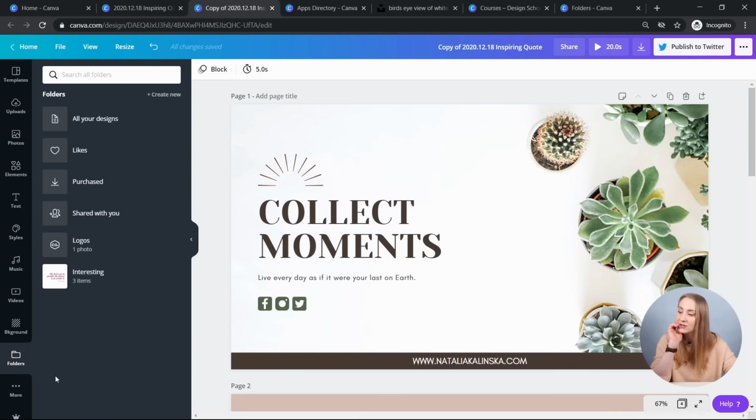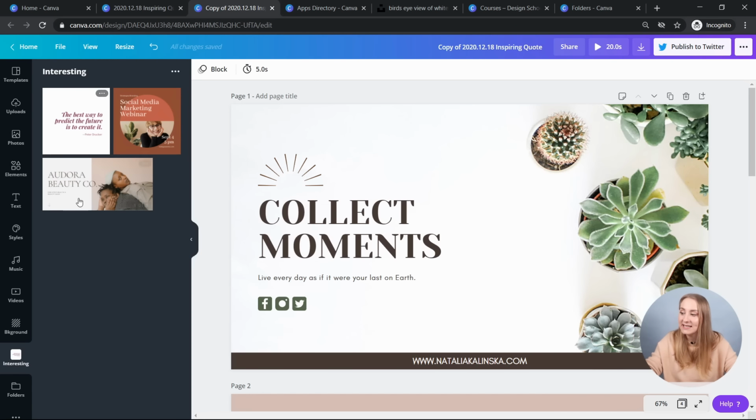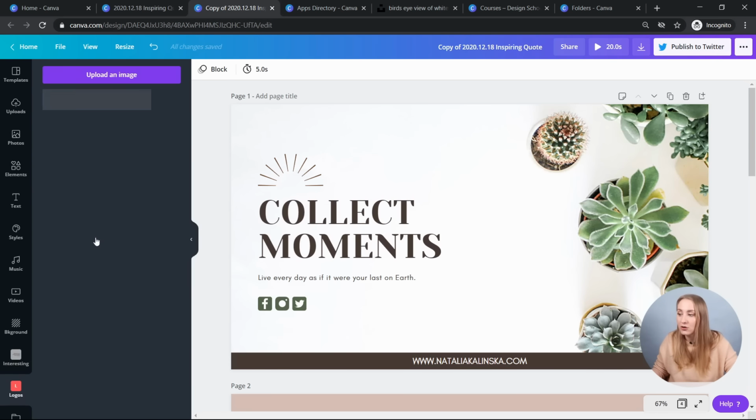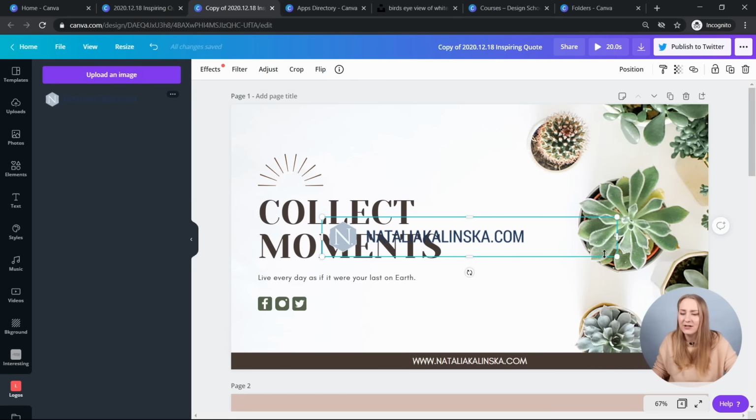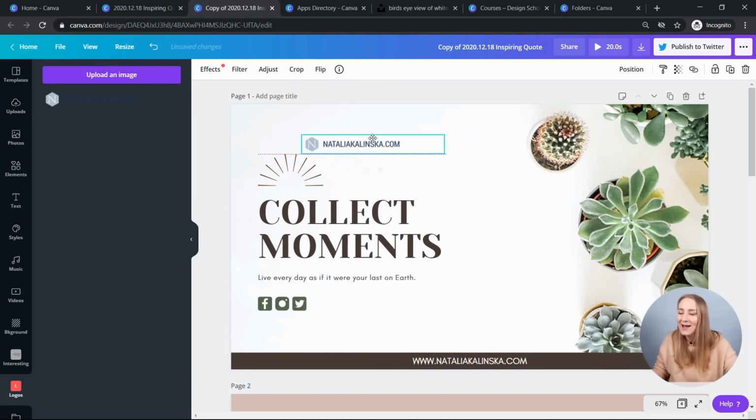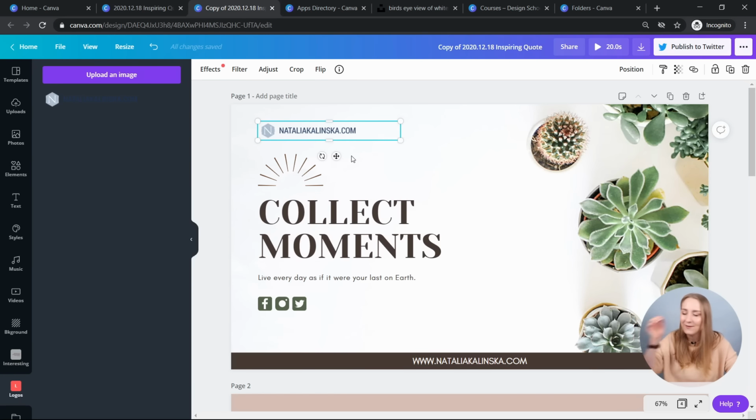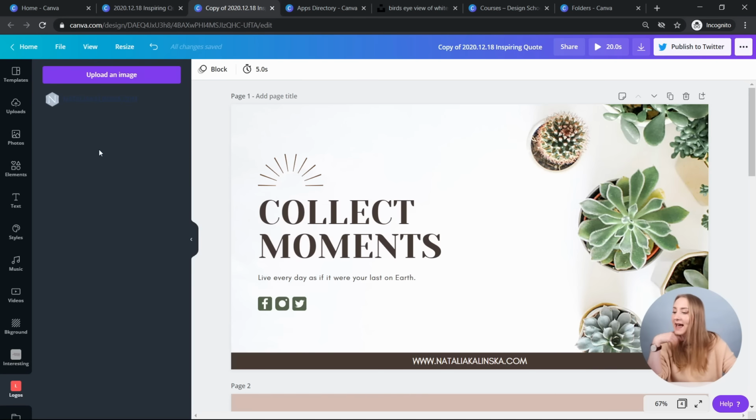Then if you go to folders, you now can create new folders within the editor, and you have access to the folders that you've created before. So you've got your previous designs, which I've put in the interesting folder, which was the overall folder. So if I wanted to apply a different design, I can just add it from here, or you can access your logo from here. So you can just add it here. This is not actually my logo. This is just something that I used to add it in there. But I have it at a glance and I can add it.